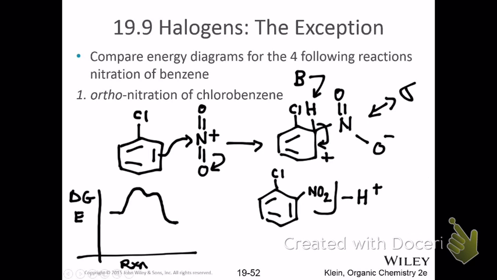How is it going to be different from this one? As it stands, it doesn't look like it's any different at all, right? It's 2 humps, first step's bigger, second step's small. Products are going to have about the same energy. Meta might actually be lower in energy because there's less sterics involved. The 2 groups are further apart. So the question is, right,